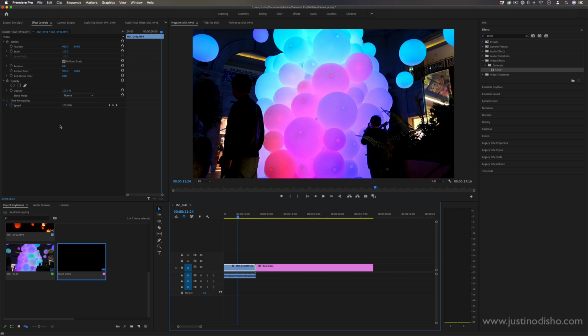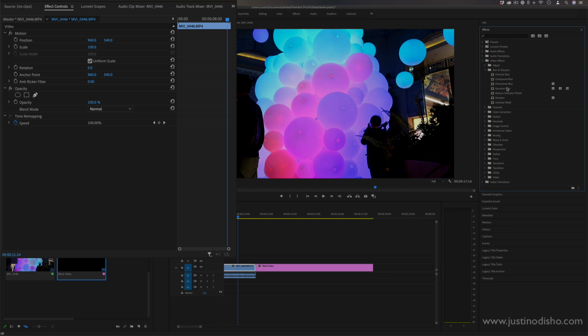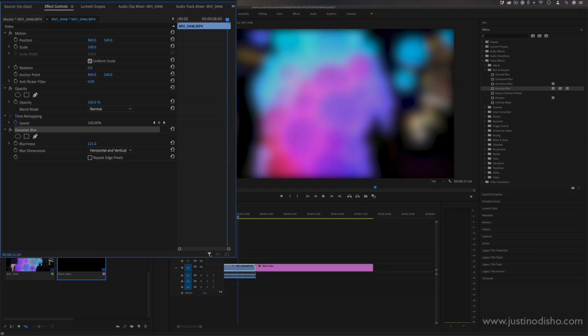look over in the effects control panel, you can see all of the different video motion effects, or if you ever add actual effects from the effects panel, such as, I don't know, anything like a blur or something like that, you'll also see those effects pop up in the effects control panel. And beside each parameter that you can adjust, you always have this little stopwatch icon, which is to toggle animation